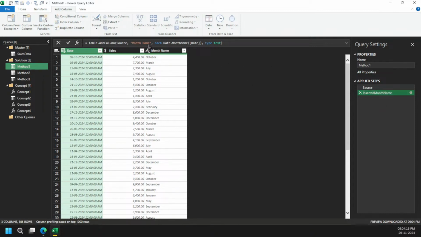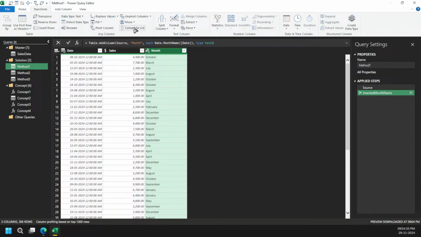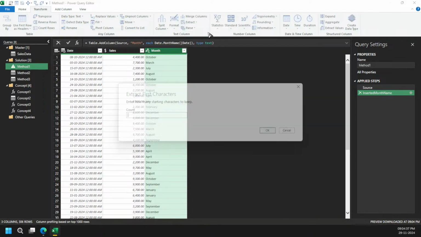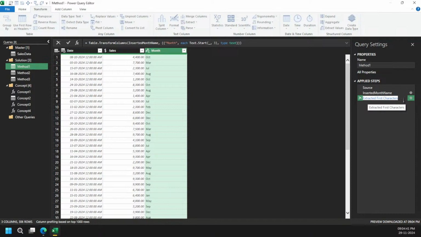And then, instead of Month Name, I am just renaming it to Month only. Then I need to extract the first three characters. That's what I wanted.